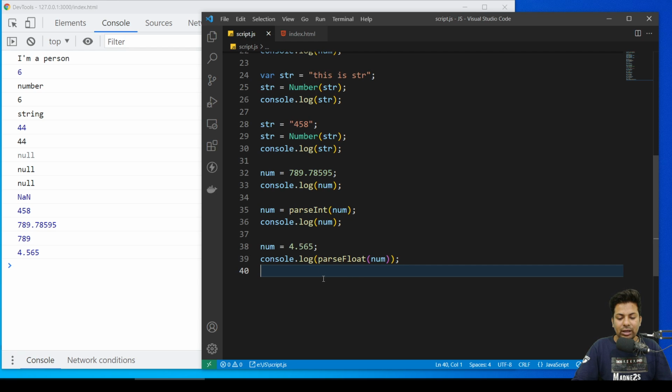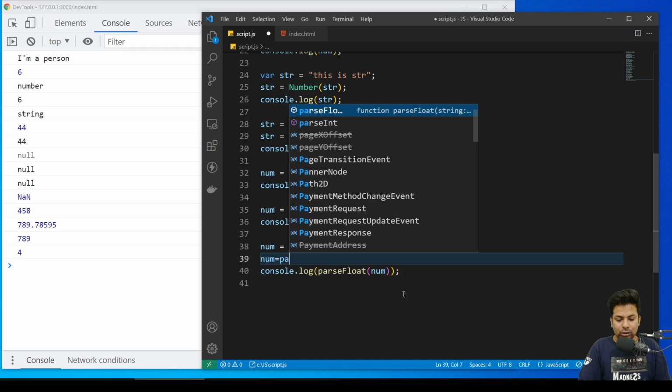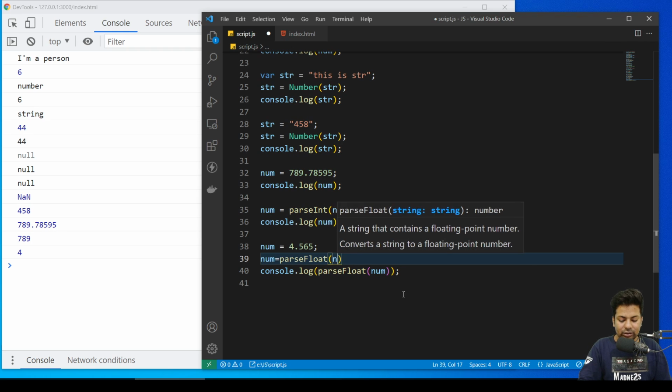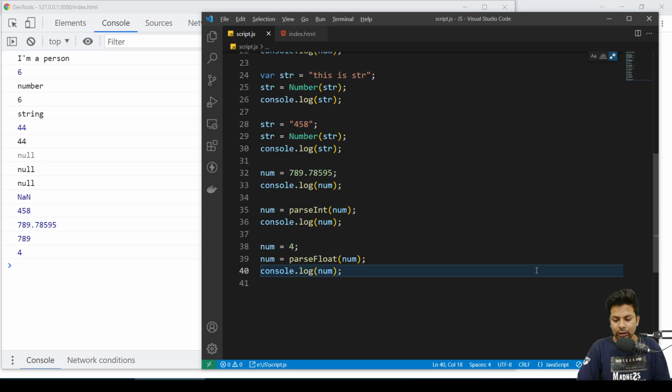But suppose you have just 4, nothing else, you get 4. Now if I use 4.5, I do it like this, num equals parseFloat of this number. Now I just say console.log number, so you're getting the whole number. But if I remove this 4, then you're getting this.